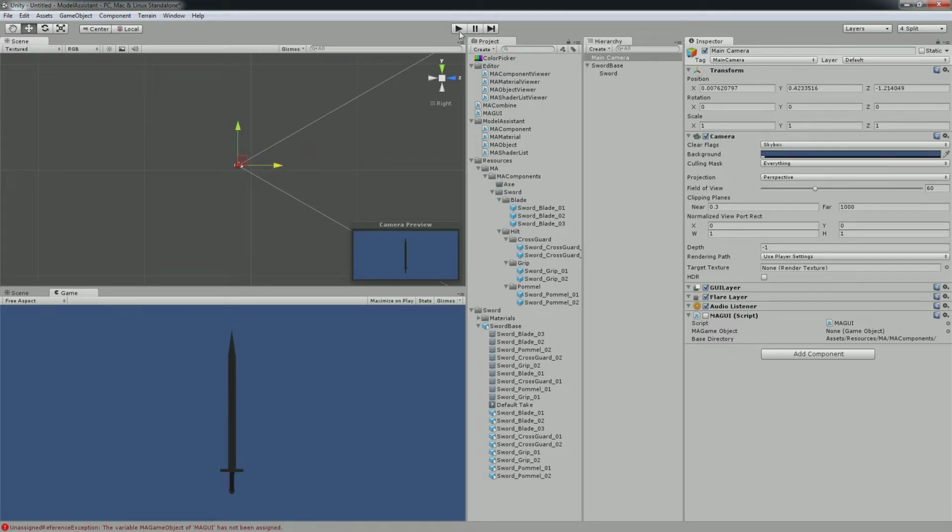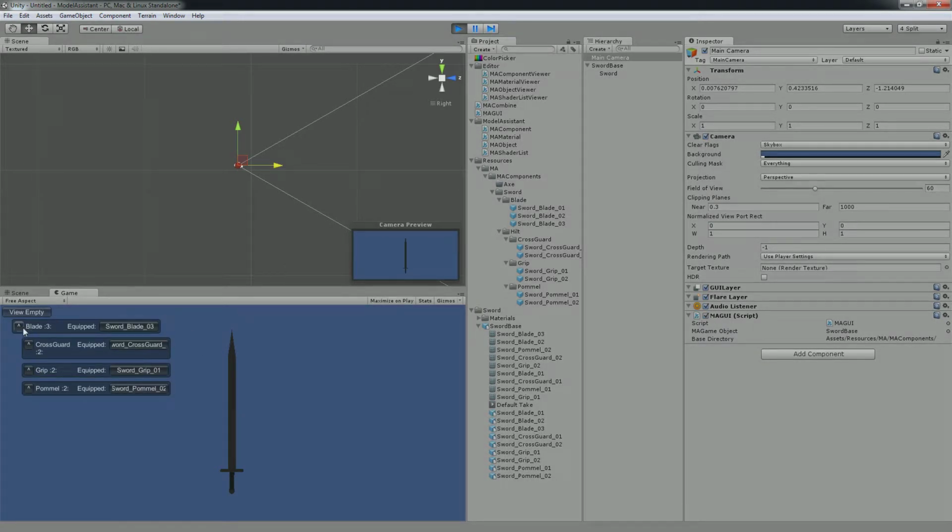Alright. So when we hit play, we've got nothing here, except angriness. The variable on MA GUI has not been assigned, which we know. So let's say that's here. Okay, so now we've got that. So now when we hit play and we turn this on, we can go through and use this, and it automatically builds out